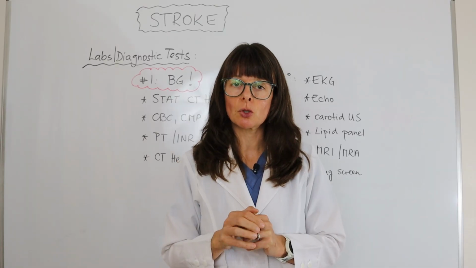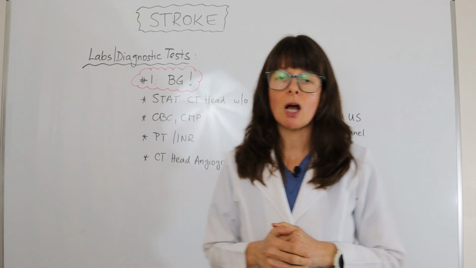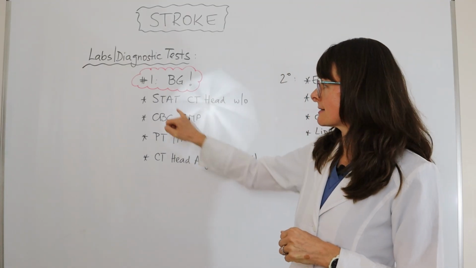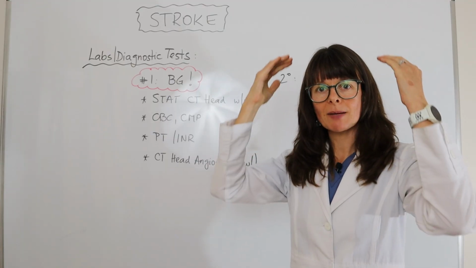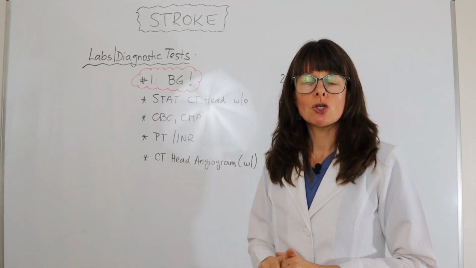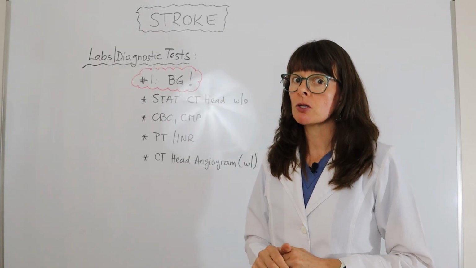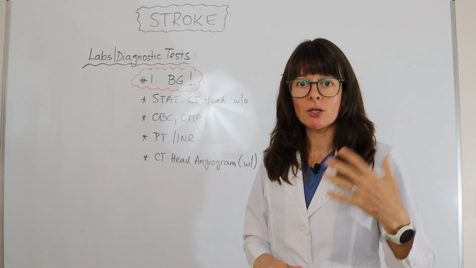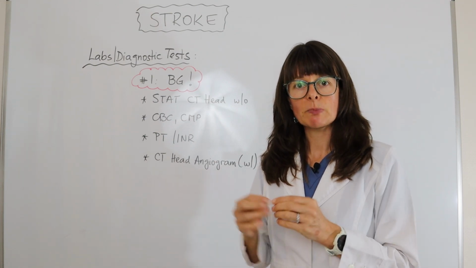If the blood sugar is normal and the patient continues having the symptoms, we need to rush them to the hospital right away and get a stat CT of the head without contrast. That's just a plain scan of the brain to check for any bleeding in the cranial cavity, because the treatment for a hemorrhagic, a bleeding stroke, and an ischemic stroke, the one that is caused by a blood clot,